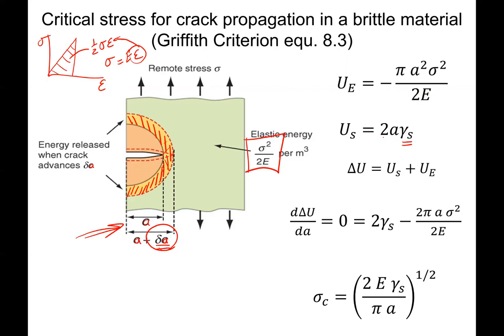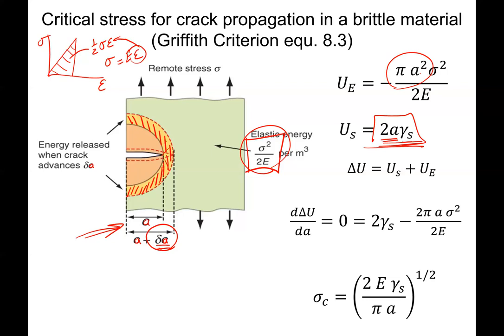If I take that surface energy and multiply it by 2 times the crack length A, that's going to be the total surface energy that's there due to the surfaces. There's 2 surfaces, each length A long. This is the total energy for the whole crack. The amount of energy in that one little step would have been 2 times delta A times the surface energy gamma. But we're going to write the whole surface energy out just like we are with the elastic energy. We're going to multiply that by the whole area or volume if we take into account the width of the sample